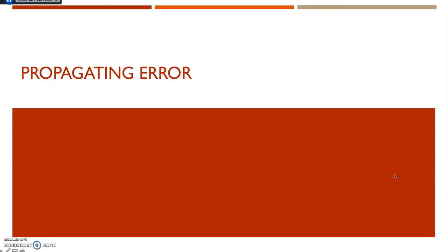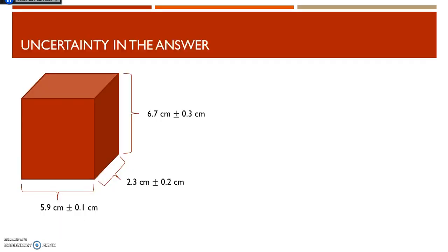So we're going to look a little more closely at error and how we might propagate it through calculations in lab. So say we have a box. It has a length and a width and a height that we can measure with a ruler. And each one of those, we use different rulers, and so we have different amounts of uncertainty with each one of those things. If we look at these uncertainties, the uncertainty that we read off of our measurement device,